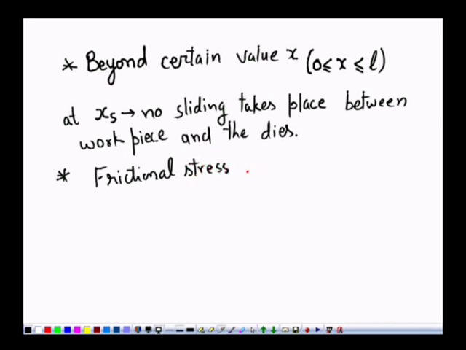This is equal to our shear yield stress at this position. So, what we have? We have at x is equal to xs